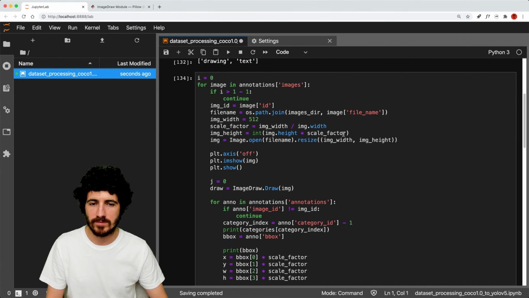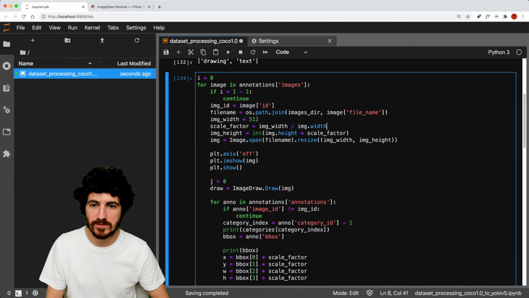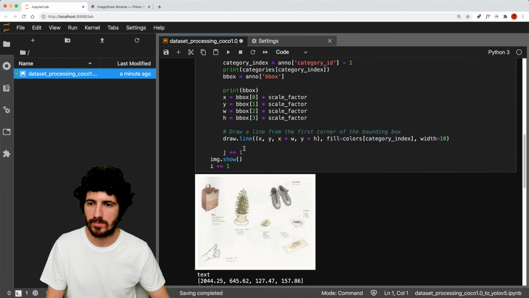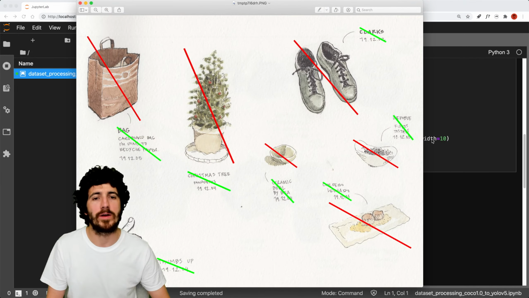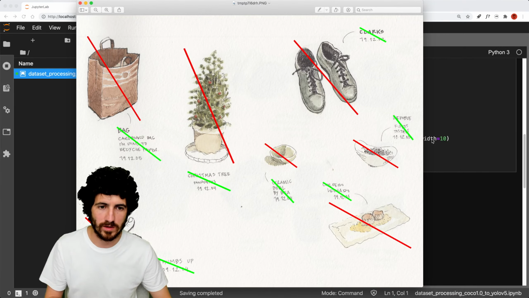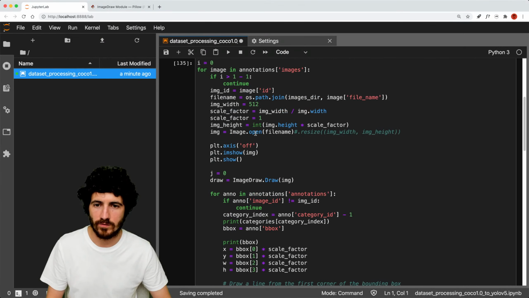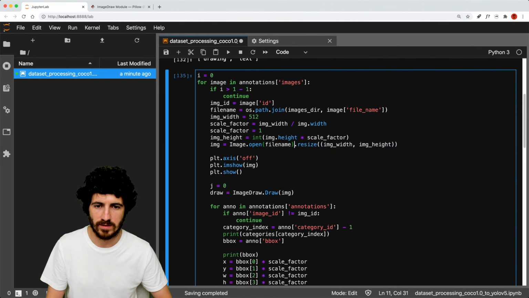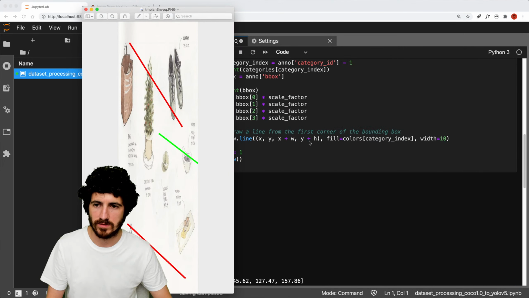All right, so let's get back. Let's try to fix that. So we don't get to resize, and the scale factor equals 1. Okay, so this is working, and if I set this one to resize,